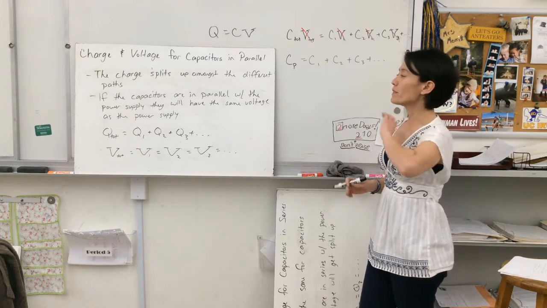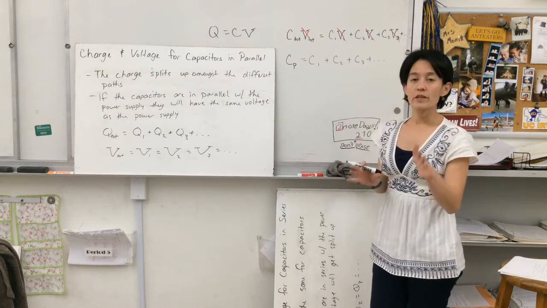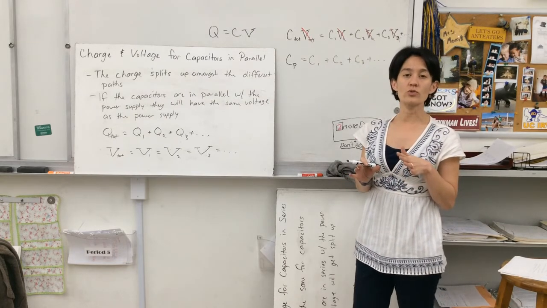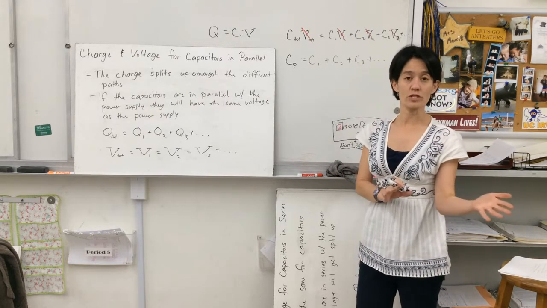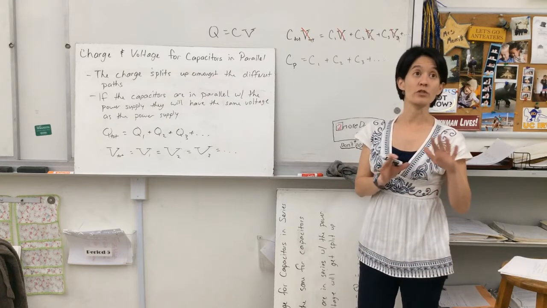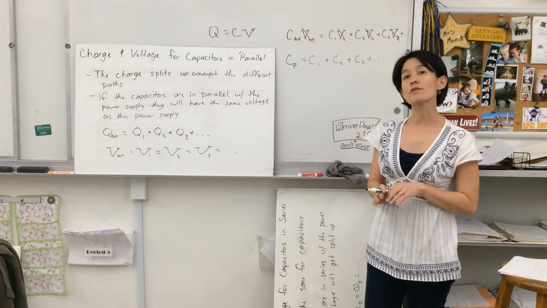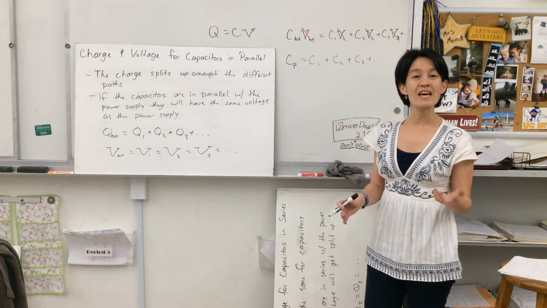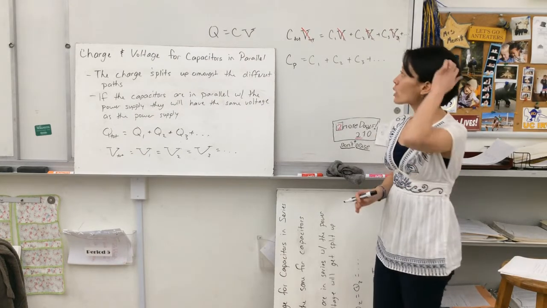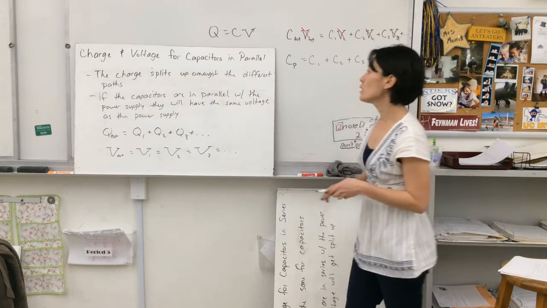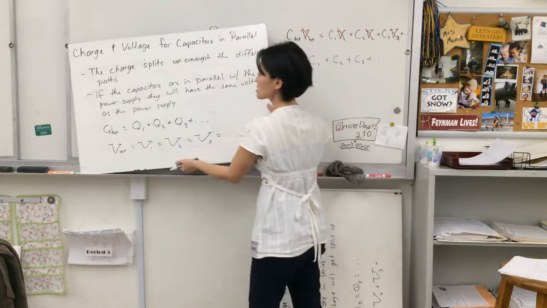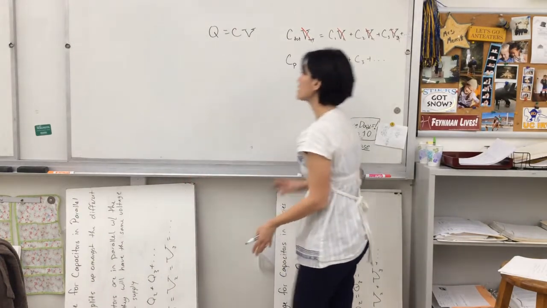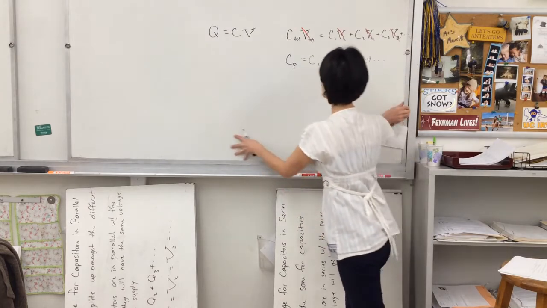So in terms of what's similar, the relationship for charge and current is similar for capacitors and resistors, and the relationship for voltage is similar to resistors. But in terms of how the total resistance versus the total capacitance combines, they're opposite of each other. So I want to go through one example of just capacitors in series and parallel to make sure you have a basic understanding of it, and then when we get back to class,